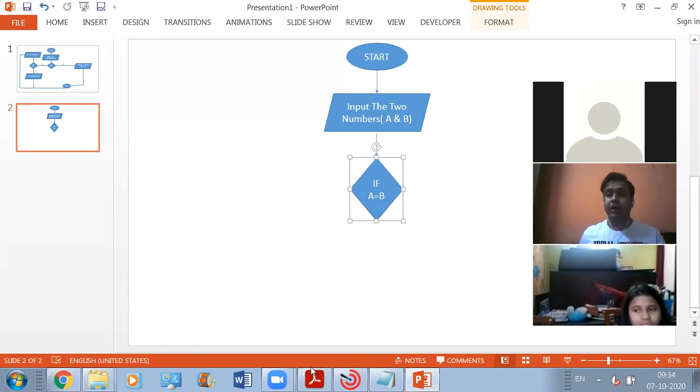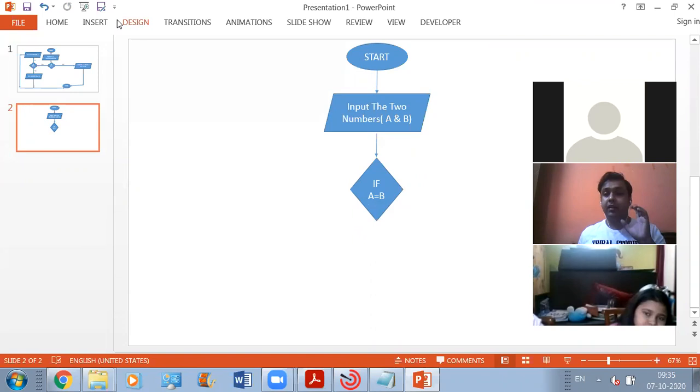if this condition is true. Now every condition has two parts. Either the condition can be false or the condition can be true. Now we need to draw the diagrams for both the conditions. We need to draw the flowchart in such a way that the user can see both the conditions. How can we do that? So let's define the true part or the yes part first.